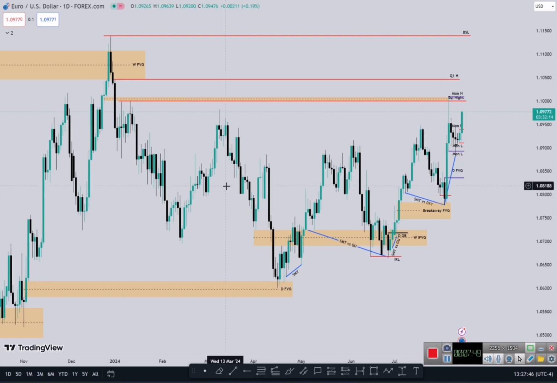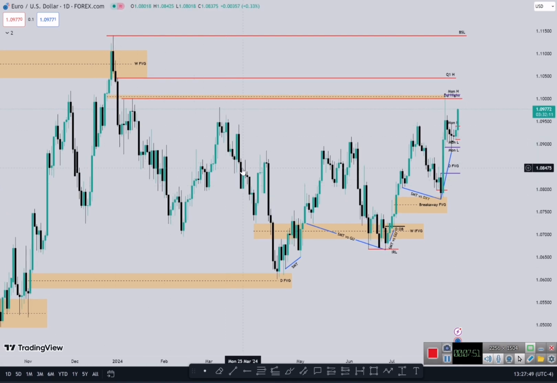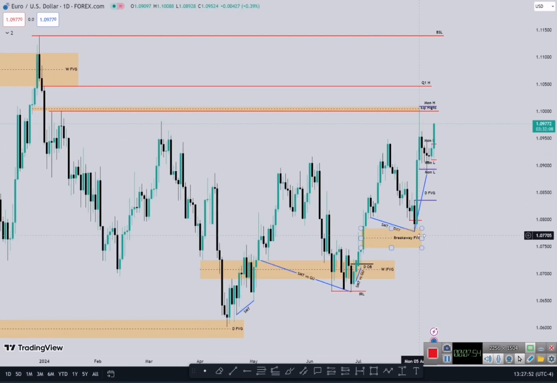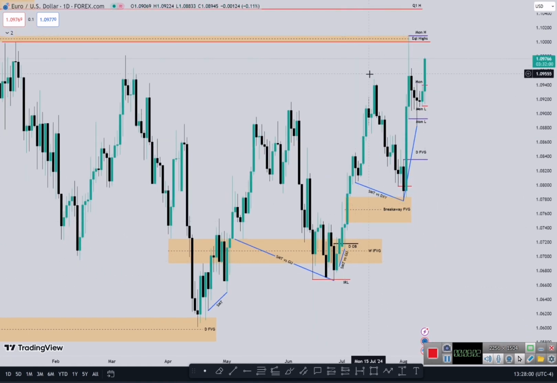This is a cleaner chart of Euro USD daily time frame. In this chart, you can see that at every low that we had been formed, we had SMT divergence. So after this massive expansion, price retraced into discount and into this breakaway fair value gap, tagged the high of this fair value gap, made SMT divergence versus US dollar index,